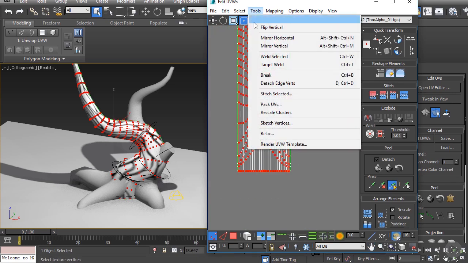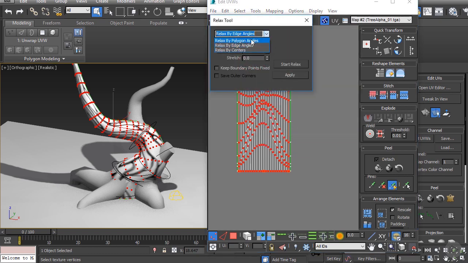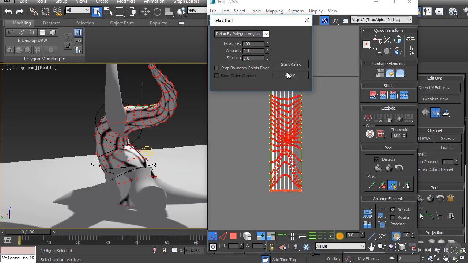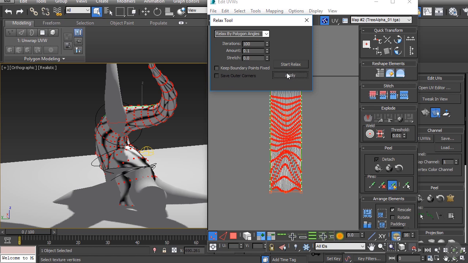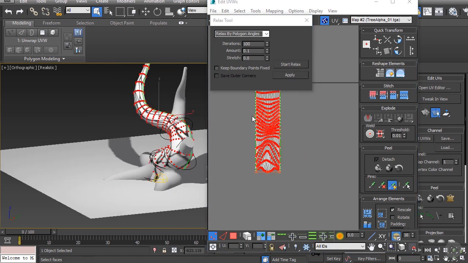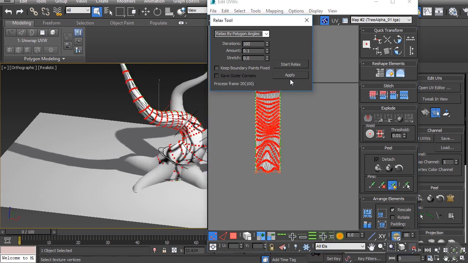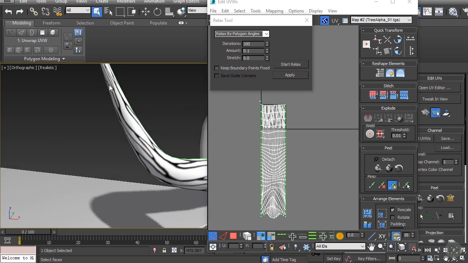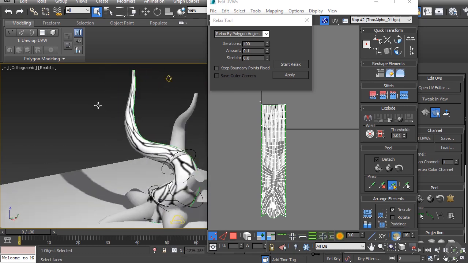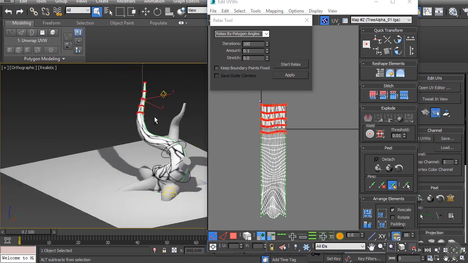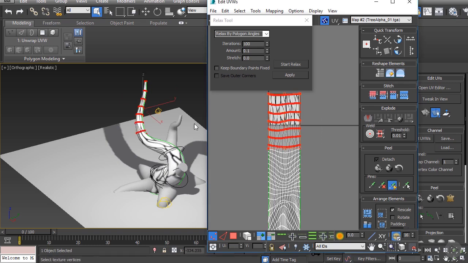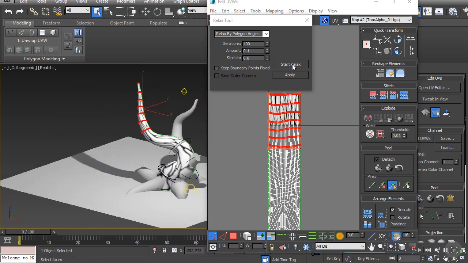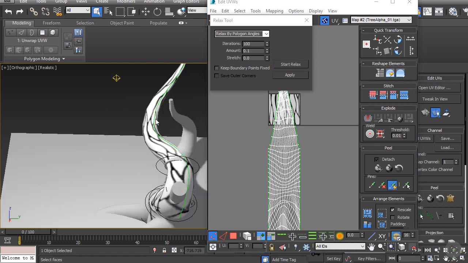And what I'm going to do is go to Tools, Relax, by Polygon. I'm going to actually try and apply it one by one, so I get to where I want it to be. That's about it. And also, as you can see, we have the tip here and it's quite skewed. So I'm just going to go in and select where the tip is, right about here, and just go ahead and apply, because we don't want too many